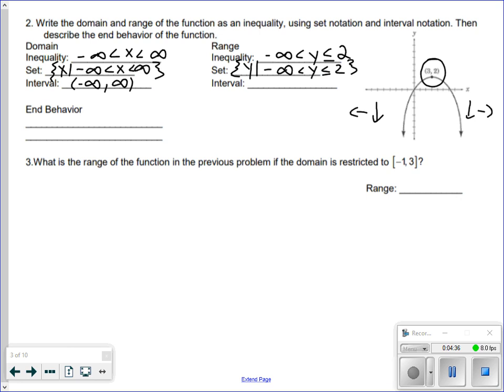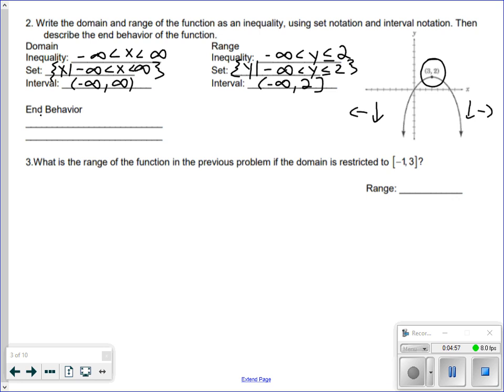And interval notation is with the parentheses and the brackets. And we use a bracket for 2 because we can actually equal the vertex. The vertex is part of the graph, so y can equal 2, so we use a bracket. The end behavior, remember, that's going to be the behavior as the graph goes to both ends of the